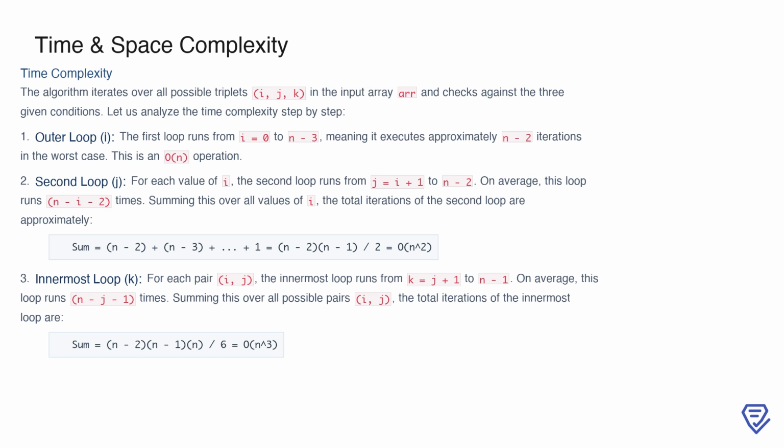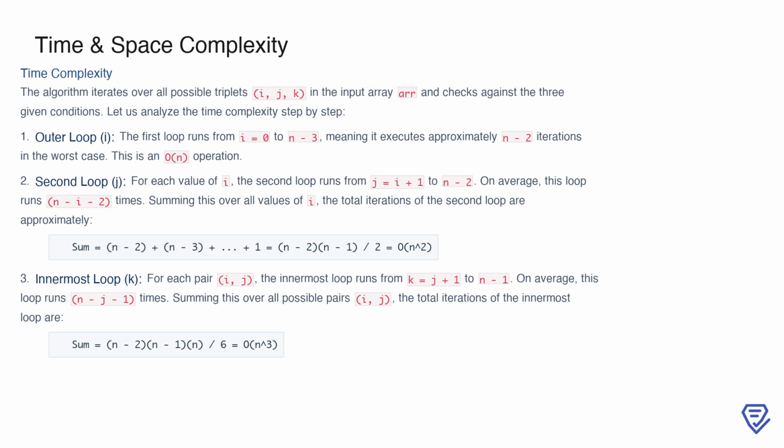To begin analyzing the time complexity, let's look at the structure of the algorithm. The first loop iterates through the array from index i equals 0 to n-3. Since this loop runs for approximately n-2 iterations, it has a time complexity of O(n). Next, within this outer loop, there's a second loop that runs from j equals i plus 1 to n-2. For a given i, this second loop executes about n-i-2 times. If we sum this over all values of i, it forms a series that simplifies to (n-2)(n-1)/2, which is